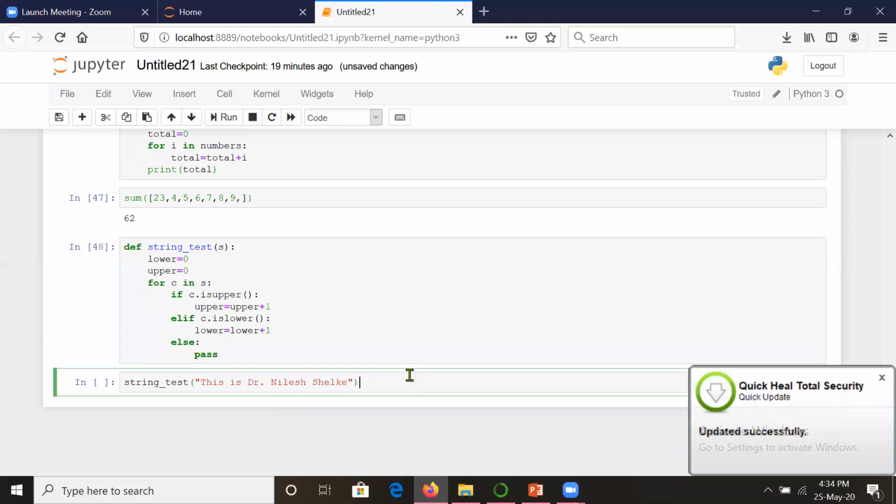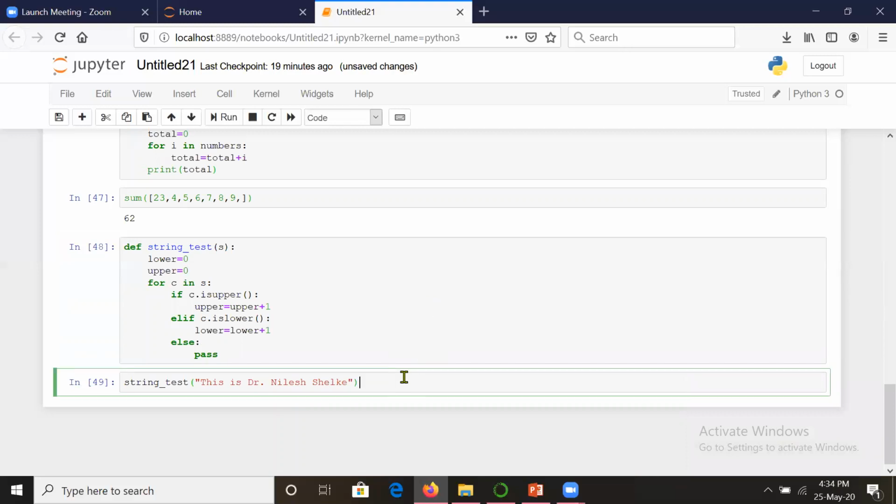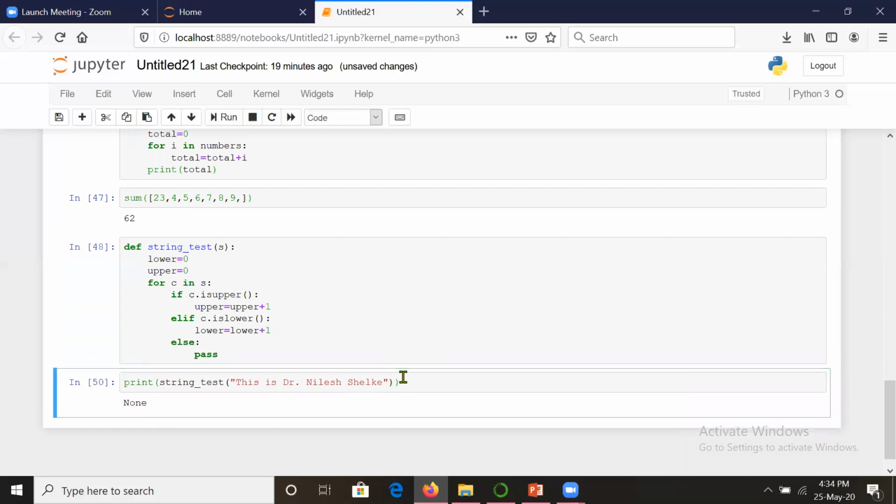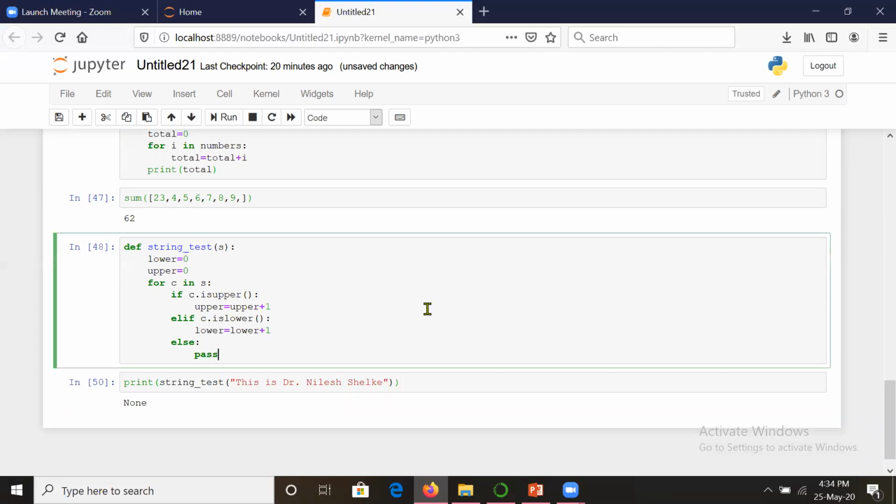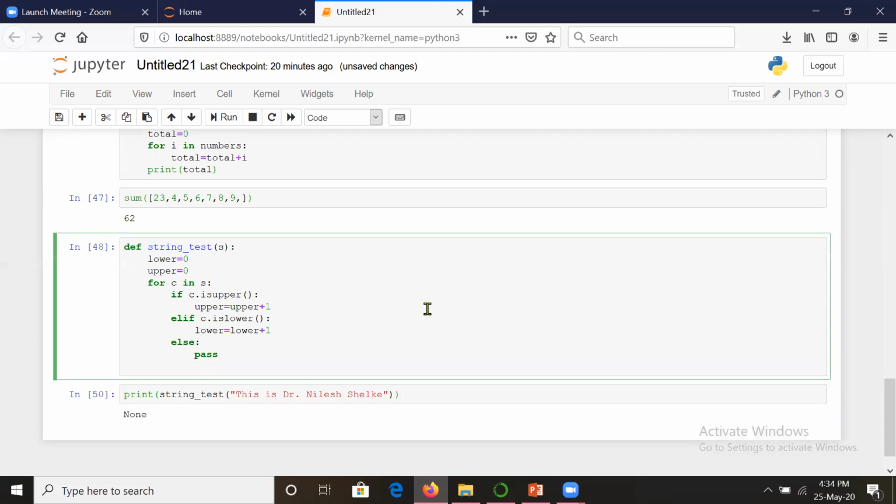The function has executed, no error. So it should give us the proper value. Sorry, we have not taken a print. It has executed, but it should get printed. So let us print this function. It has shown none. Some error is there. Sorry, actually, we either need to return upper and lower, or we need to print in the function itself. So here only we will write print